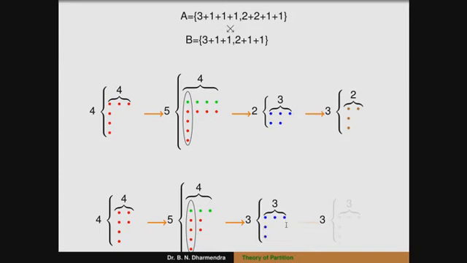So 3, 3. When I interchange the terms, this one is self-conjugate, and it can be written as 3 plus 1 plus 1. So that is 2 plus 1 plus 1 plus 1, that goes to 3 plus 1 plus 1. Therefore it can be written as 1, 1 and 2.